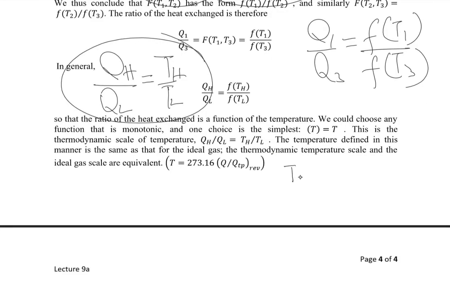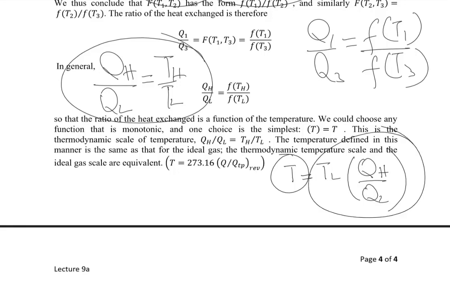The tiny temperature T, which can be anything. So T would be equal to TL somewhere, multiplied by QH divided by QL. That means if I'm looking for this particular temperature, I need to consider three variables, which would definitely be a little bit difficult. So keeping these variables, I would say these variables minimum,